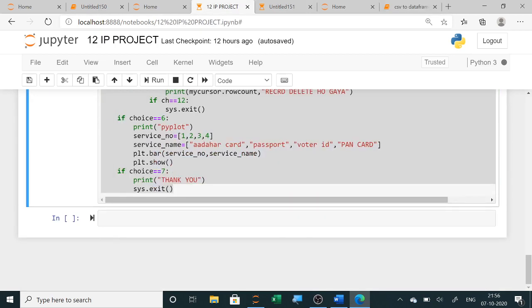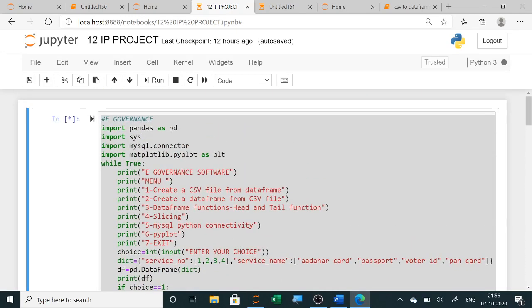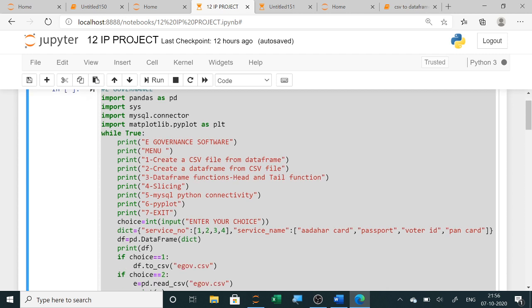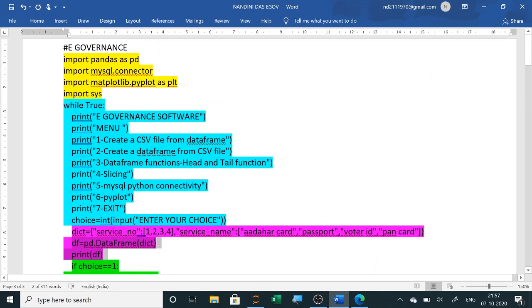You have already seen here the complete IP project here. The other things whichever you want to add in this, if you want to make a GUI you can add Tkinter, etc. So like this we will design our IP projects, that is using CSV and data frame of pandas. So we will create a CSV file, then we will read from a CSV file. So this code I am just pasting it in the description, you can go through the code. So it is a menu driven program, and anything else you want to ask you can write in the comment section, I will explain it.